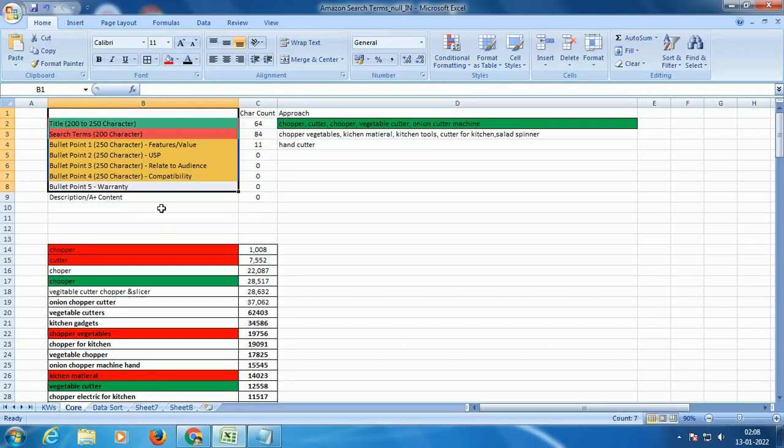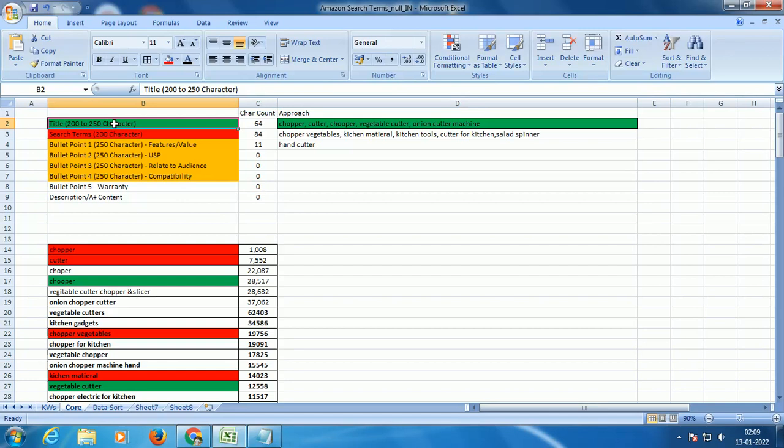So let's say among these 160 keywords, you made use of 100 keywords in your product title, search terms, and bullet points, and for the remaining 60 keywords, make sure you are using most of them in your description and A plus content. Now guys, see, when it comes to the title, you could keyword stuff, that's not at all a problem. The point here is your images also should be in line with your overall product objective.